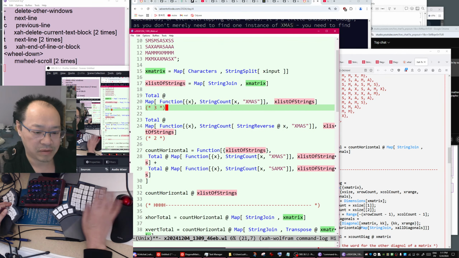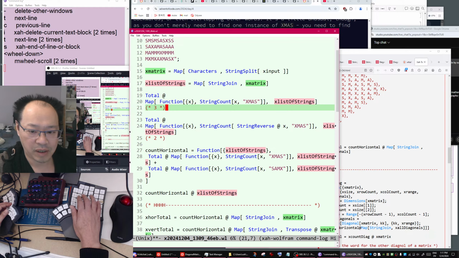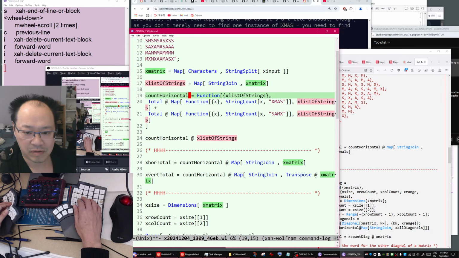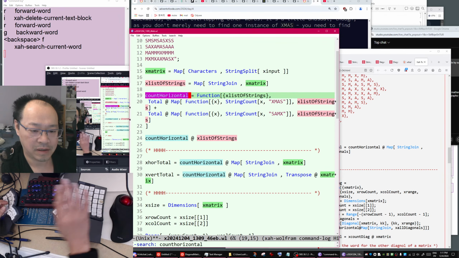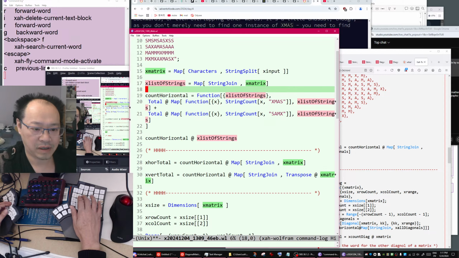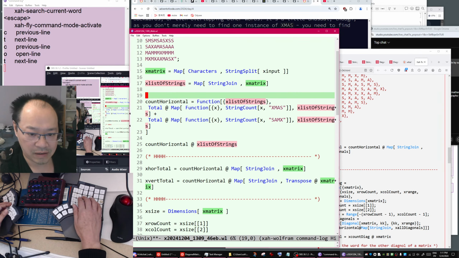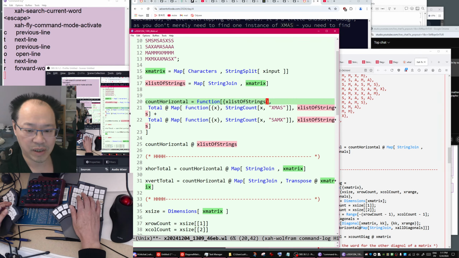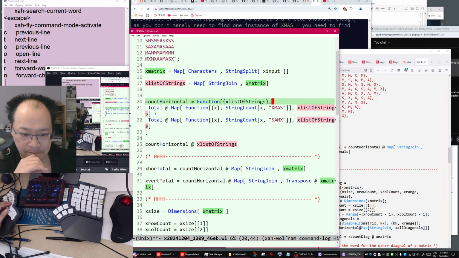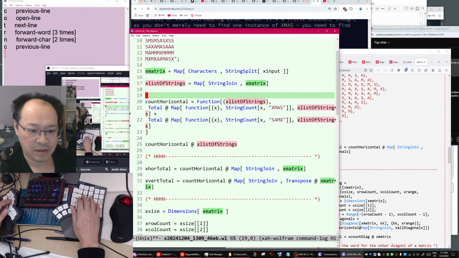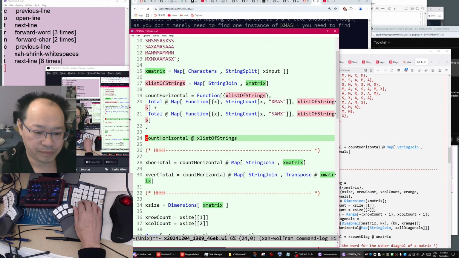What is this total? Yeah, we don't need it. You don't need horizontal total. Count horizontal. This is an important function. And instead of list of strings, okay, let's not worry about it. So list of strings, then count horizontal.